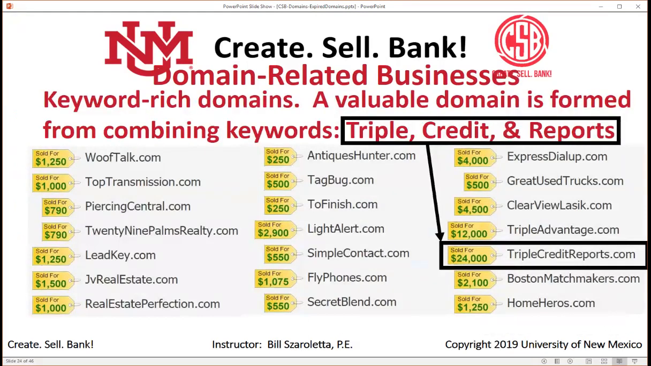Other domains have a little bit more reasonable price tags, but they can be all over the map. But the key here is look at these domains. They're from 250 to 1,000, 2,000. There's some for 4,000, and then there's one for 24,000 that's in the box. Now, that is what I call, and other people call, a keyword-rich domain. It's formed by combining keywords, and in this case, triple, credit, and reports are those three keywords, and they've gone together,